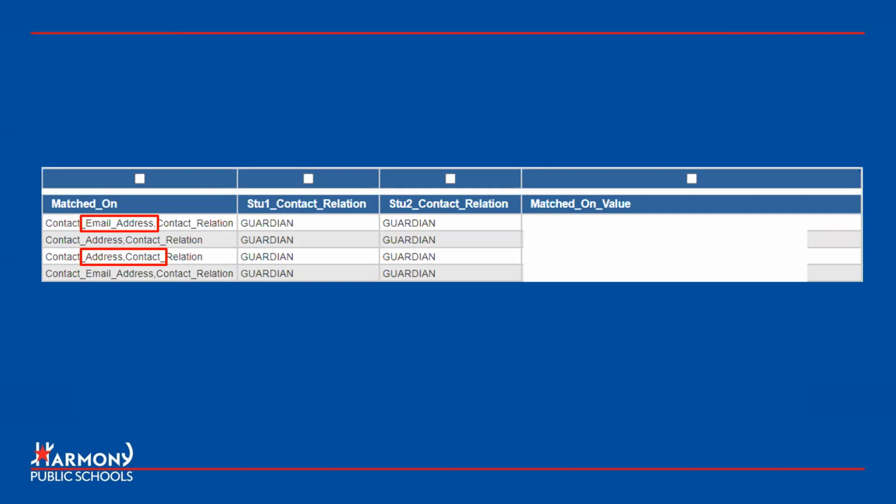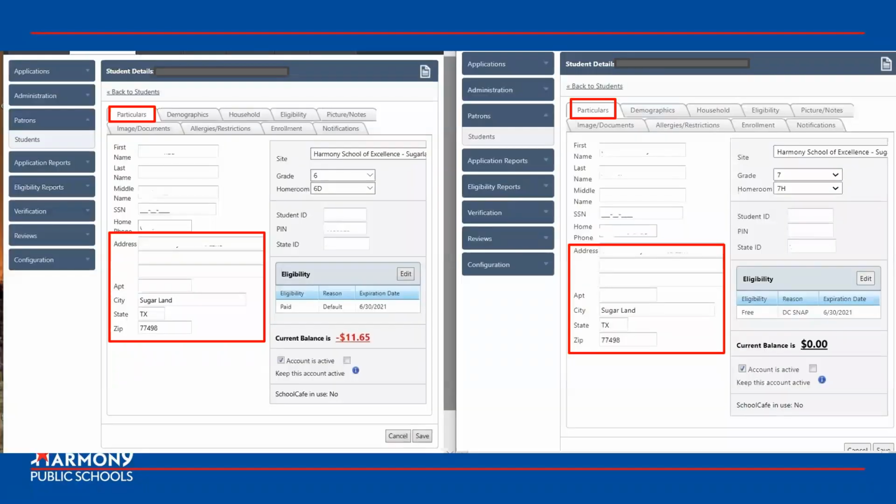So just because they're on a certify report does not guarantee that their eligibility is going to be changed. We have to look into this a little bit further, which is what we're doing while we have our split screens. Okay, so here we are at our split screens, and we have, for example, student 1 on the left and student 2 on the right. And we're going to start looking at information to make sure everything lines up to allow us to change their eligibility based on TDA regulations.